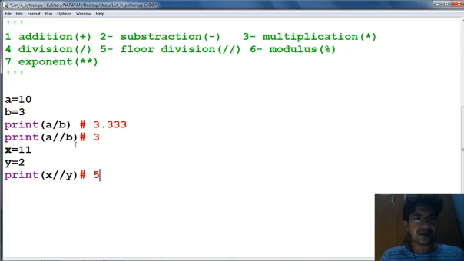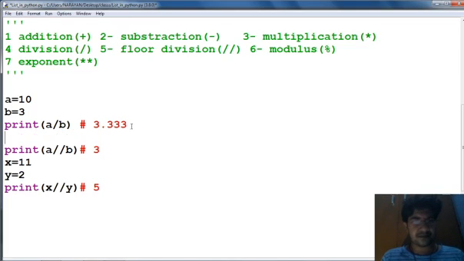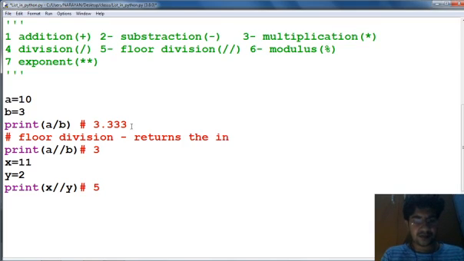Because the floor division function returns the integer part of the number. But observe the pattern of this output.